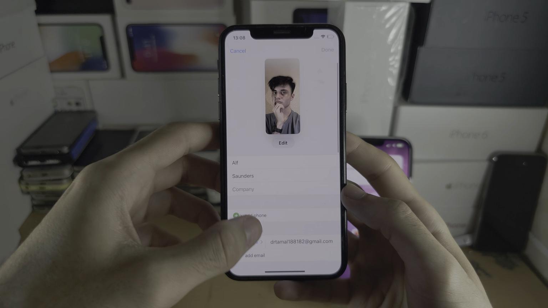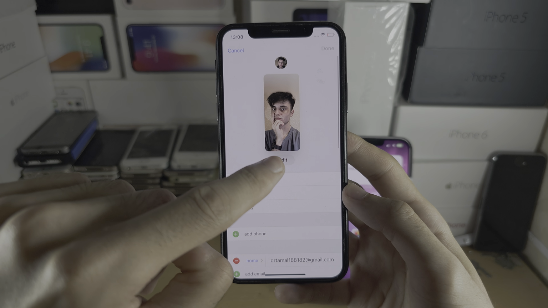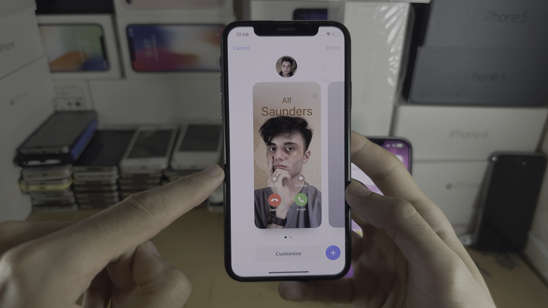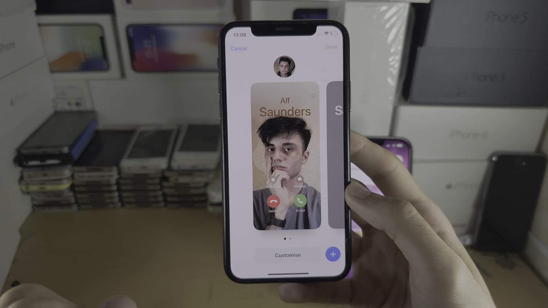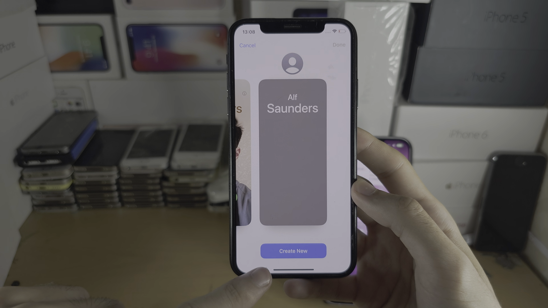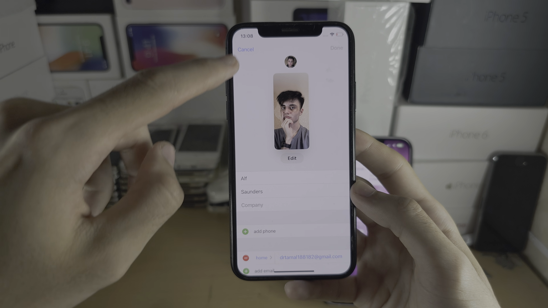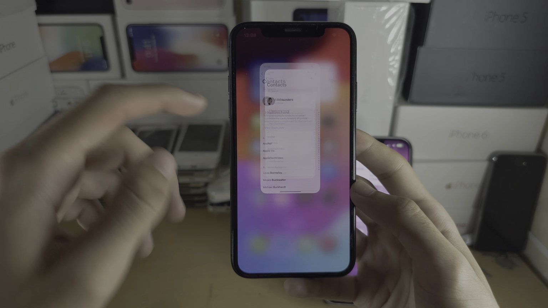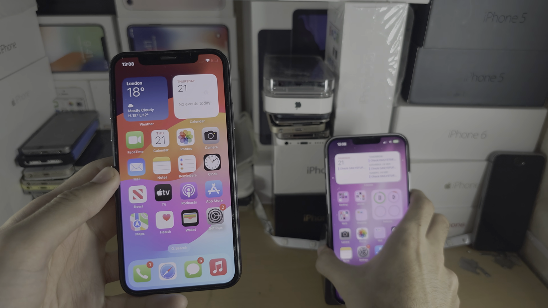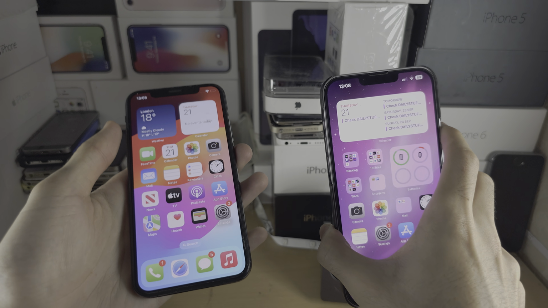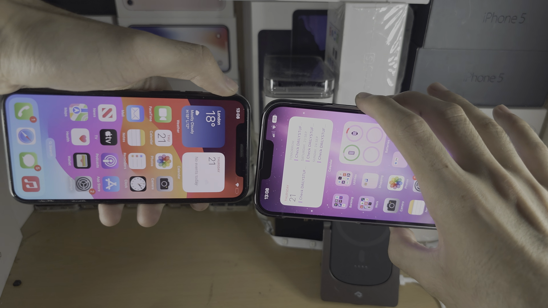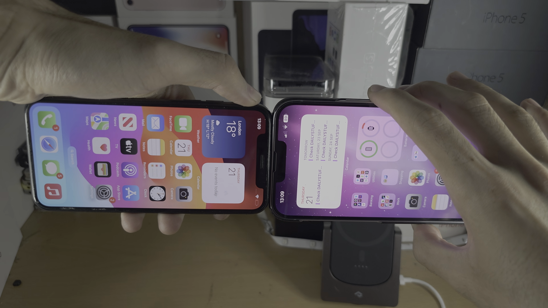Next, go to the top, tap on Edit, and make sure that you have created a contact poster. If you haven't, tap on Create New and follow the on-screen instructions. Once you have done this on both devices, hold the top of both iPhones together and keep on holding until